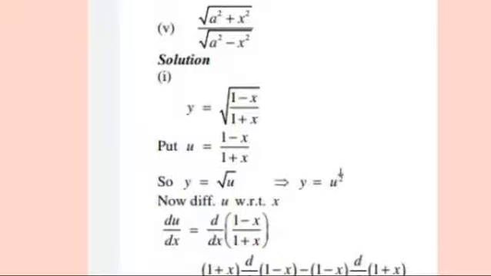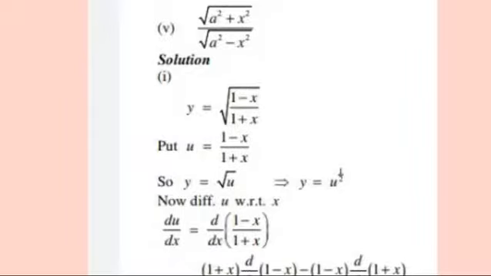So now differentiate u with respect to x. This one is u. Now du over dx on the left hand side, while on the right hand side d over dx of (1 minus x) over (1 plus x), the value of u written here. So now think about it. Which rule is applicable on it to calculate its derivative? Yes, we have learned about the power rule, product rule and quotient rule. When two terms are in fraction form, one in the numerator and the second in the denominator, then we will